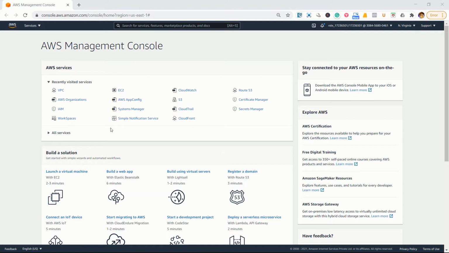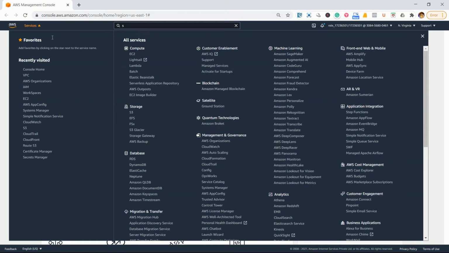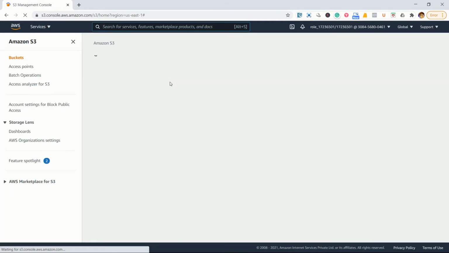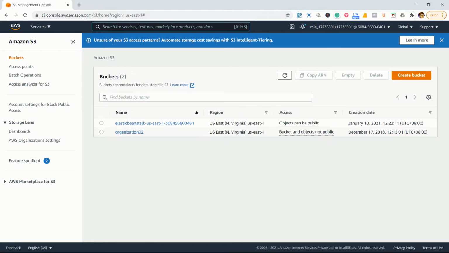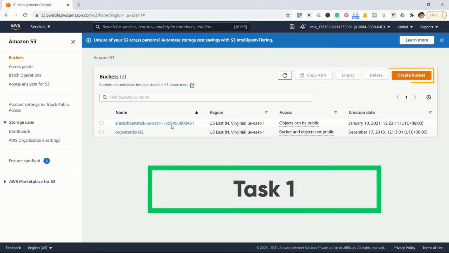Let's go to the S3 bucket, and I'm logging into the North Virginia region for now. What I'm going to do is open the S3 bucket from here. You can also open it from AWS services, or you can search for it from here, so either or. Okay, so we are already in the S3 services. And then what we are going to do now is create a new bucket,